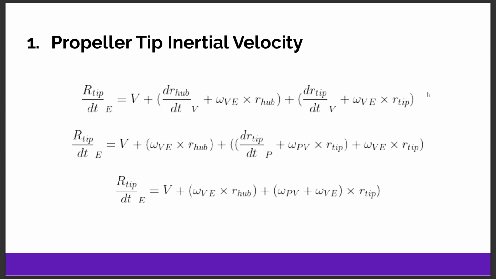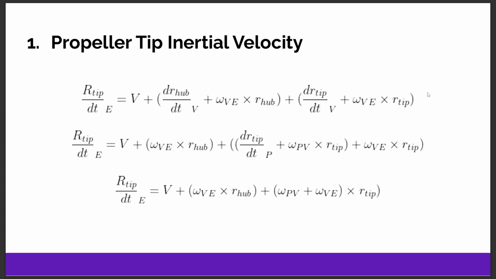And then for the actual propeller tip, there are actually two rotations that we need to take into account here. There is the fact that the propeller tip is part of the aircraft, and because the aircraft is rotating, that propeller tip is rotating with the aircraft, and that is what you see here. It is dr tip over dt with respect to V plus omega VE cross r tip. And then there's also the fact that the propeller tip is rotating or spinning with respect to the aircraft itself,